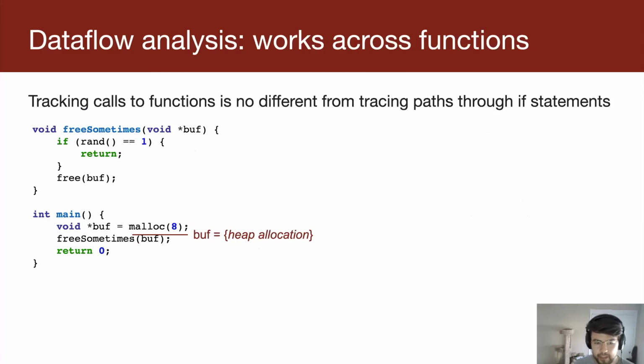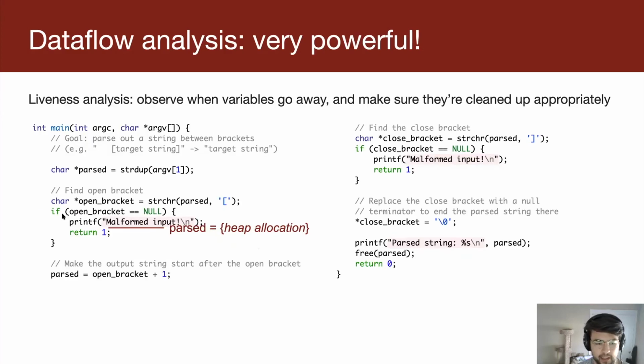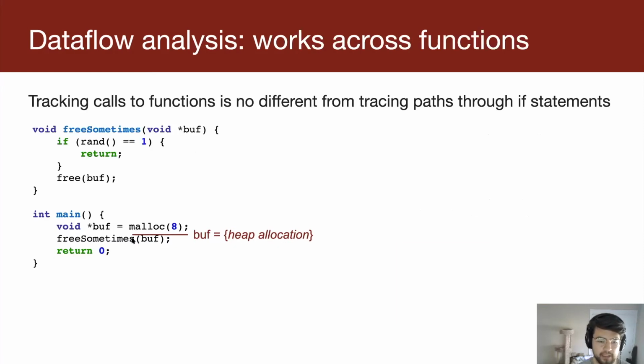And if you run this through clang tidy, actually, clang tidy is doing this dataflow analysis, the same linter that I was talking about before. It will spot errors like these, which is really helpful. And it will even work if you have multiple functions involved, because tracing function calls is not that different from tracing if statements. When you go through an if statement, it's like, okay, you could go into here, you could go some other way, somehow you get over here. Same thing with function calls.